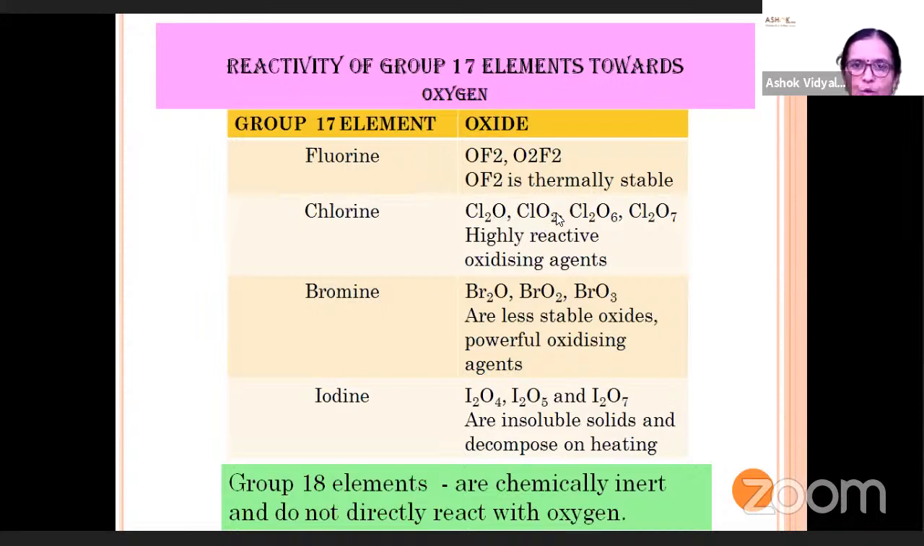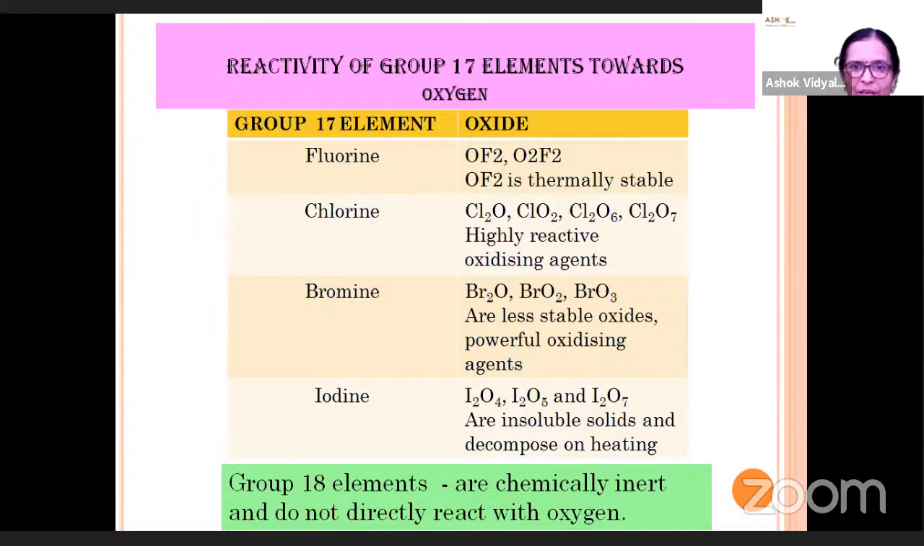When it reacts with two atoms of oxygen, it forms ClO2. Then Cl2O6 and Cl2O7 are also different oxides of chlorine. All these oxides are highly reactive and they are oxidizing agents. Bromine forms oxides Br2O, BrO2, then BrO3, and they are less stable oxides and they are also powerful oxidizing